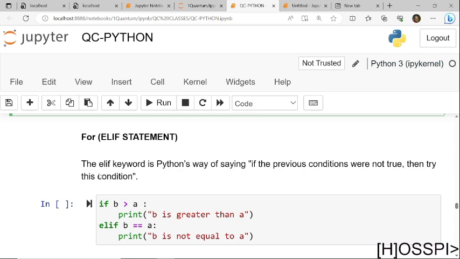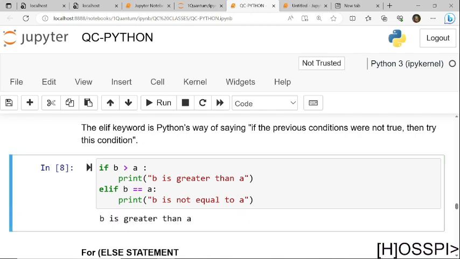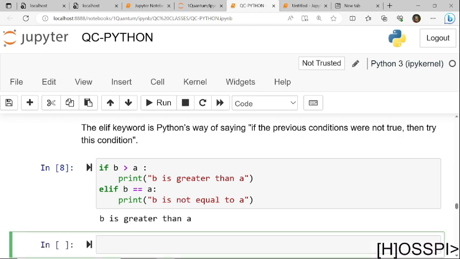Else if statement. Whereby we have if A is what? Greater than B. Print what? B is greater than. Else B is equal to A. Is going to do what? It's going to print B is what? Is greater than A. Okay, let's make some example here. We have if